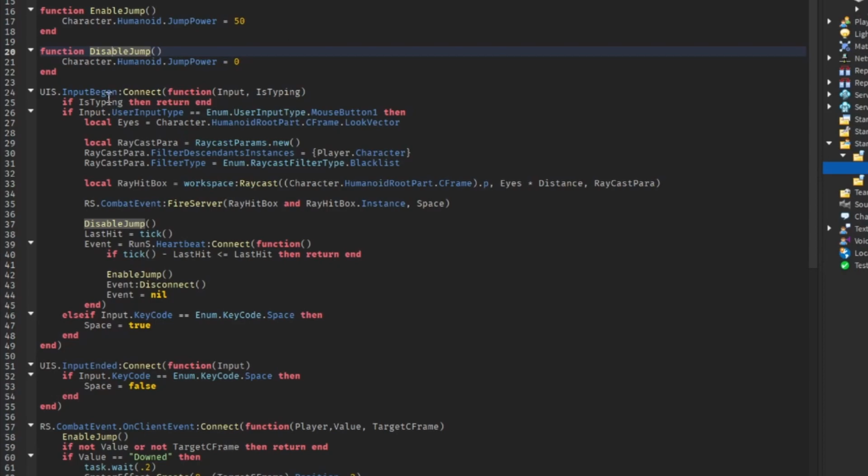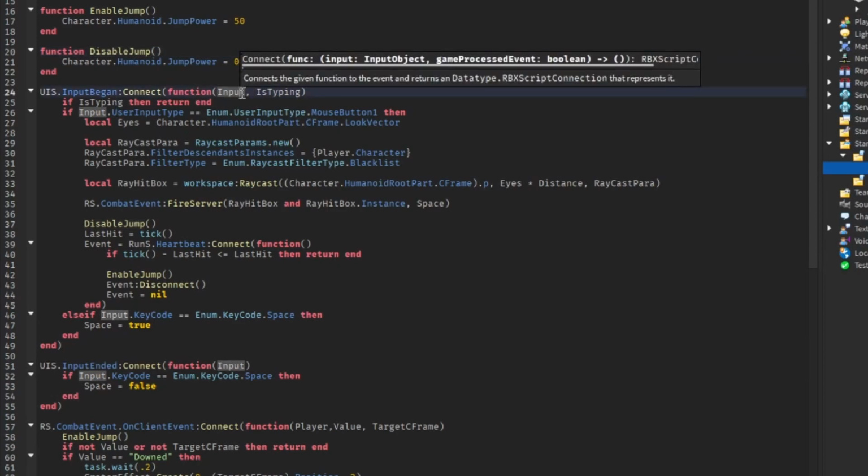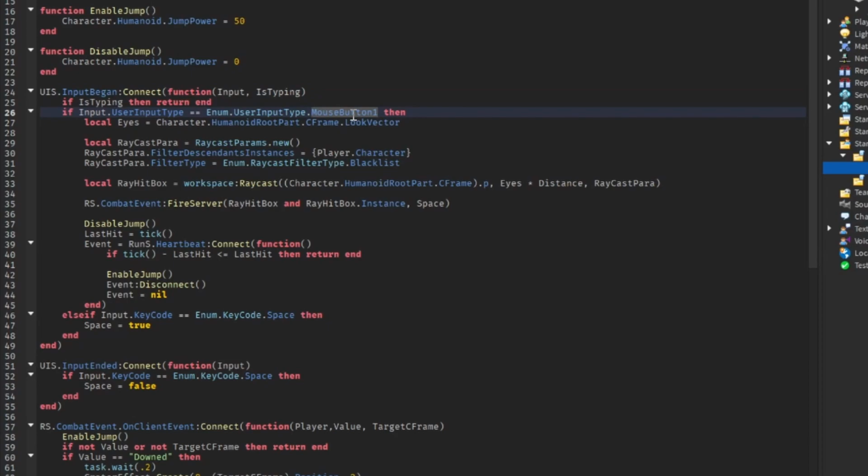Then we're going to connect the function InputBegan. Then we're going to put an isTyping parameter into the parameters. If isTyping, then we're going to return, so they can't use the key. They can't basically use M1 while they're typing. So if they have the chat open and try to use M1, it won't work. Then we're going to do if input.UserInputType